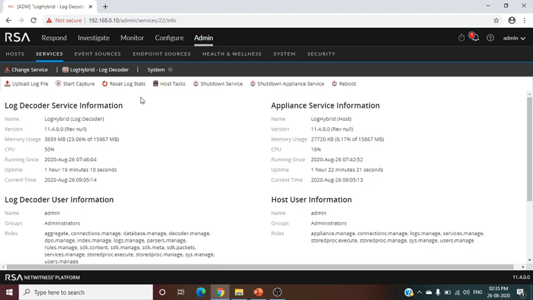Now we will see in the investigate tab whether we are receiving logs or not.